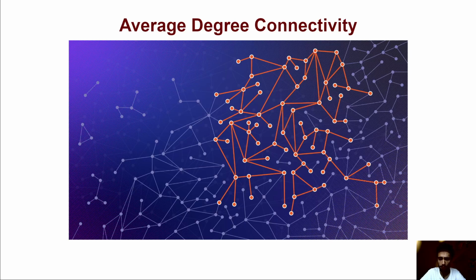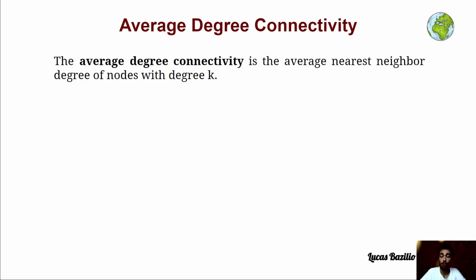Hey everyone, in this lecture we are going to study the average degree connectivity measure in a network and in a graph. We define formally the average degree connectivity as the average nearest neighbor degree of nodes with degree k. To understand this definition and this measure, we are going to work with an example, and we are going to break down step by step how to compute the average degree connectivity,